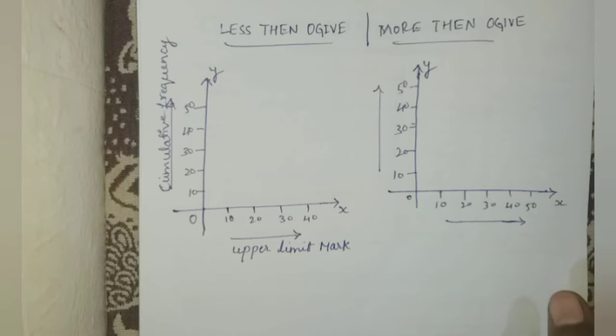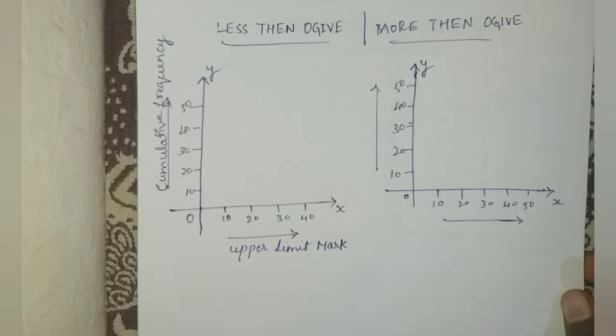Ogive graph. Okay. So it is very important for Karnataka people as well as for CBSE people. In the board exam, you'll get a graph for 3 marks. So very important. Let's get into the class. In these less than ogive and more than ogive graphs, you can find out the median also. While doing problems, I'll teach you how to find the median in the graph. So we need some basic things for the graphs, so we'll recall the graph again.